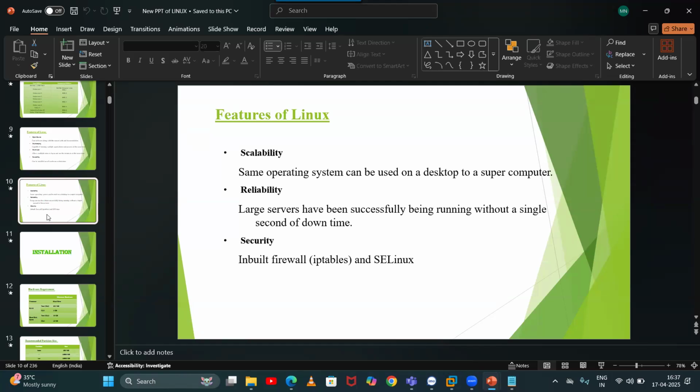And the second point, why Linux is secure, is because it works with command line interface. So those who know commands, they only can configure something in your computer. Without knowing commands, no one can configure anything. No one can even log in to your computer if they don't know commands. So that is also an advantage.